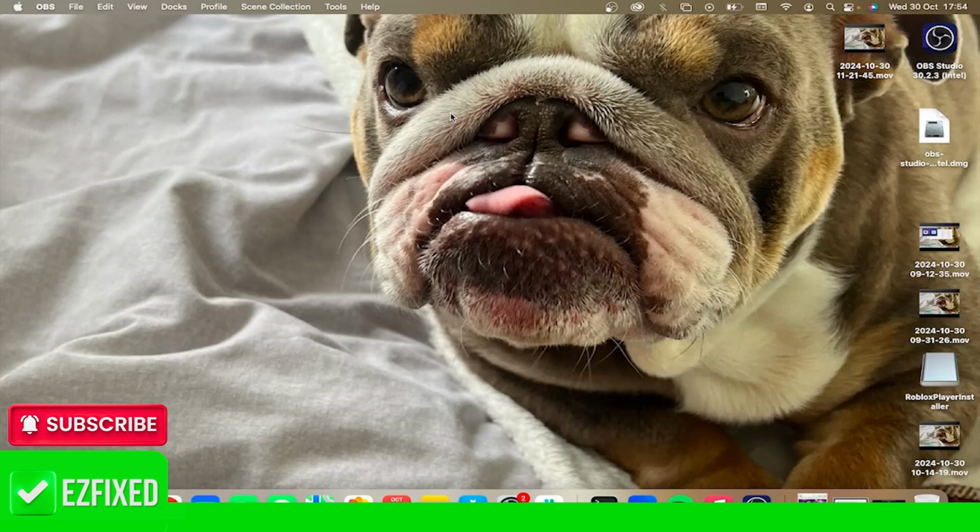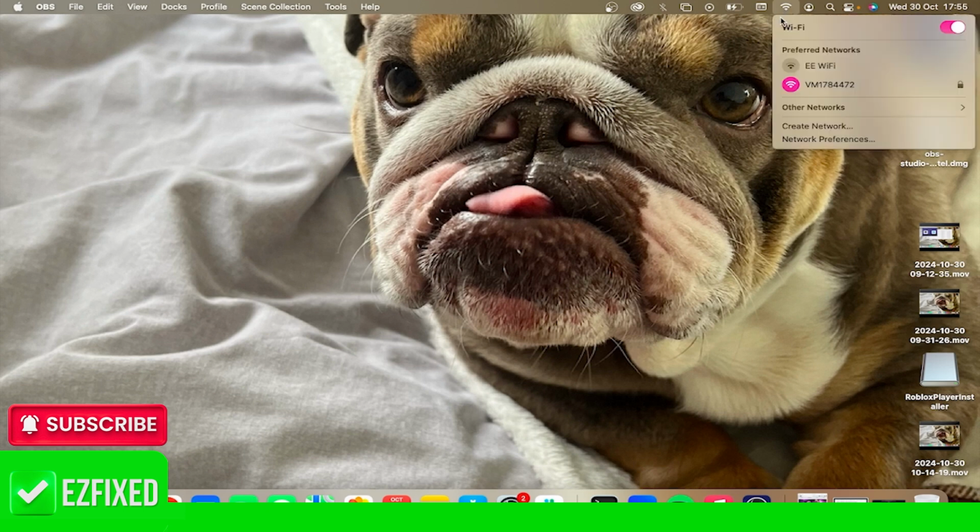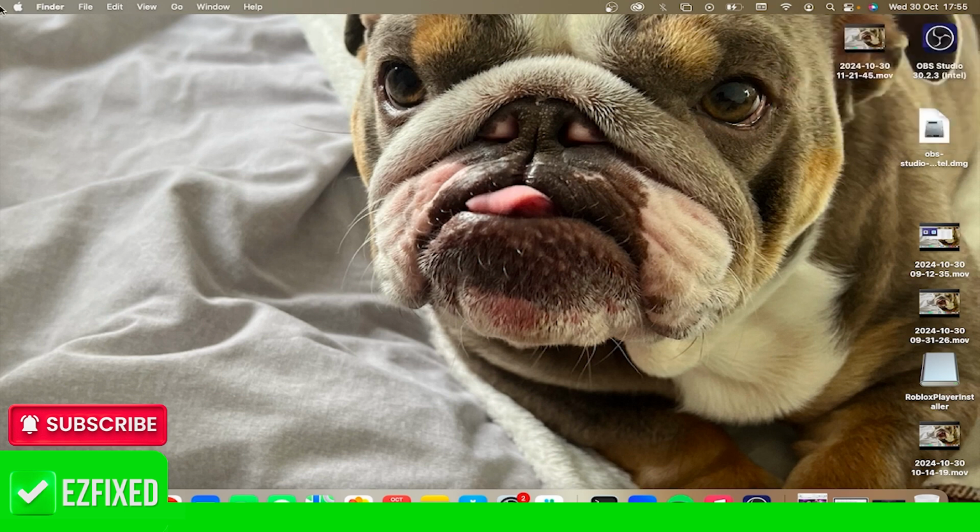In this video, I'll show you how to fix the issue where your MacBook is not showing any Wi-Fi connections. So if you can't see the Wi-Fi symbol at the top here, or you can see it but there's no networks listed down here, then what you need to do to fix this is come over to the Apple icon